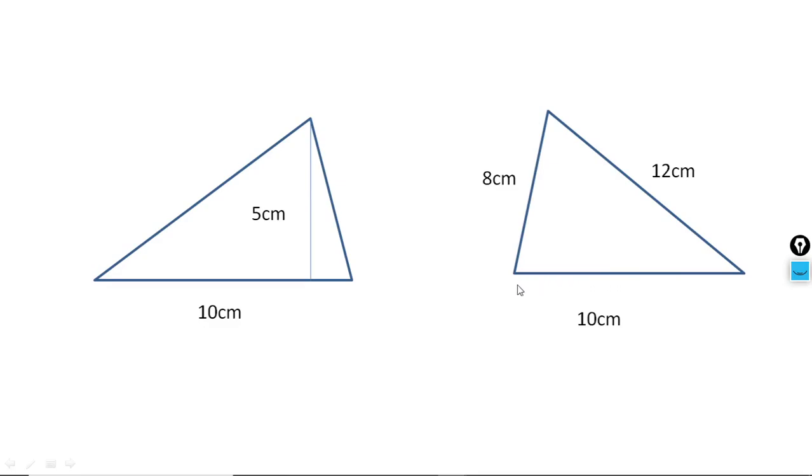Now students, I want to find out the area of a triangle. In the first case, the area of a triangle comes to be half base into height. You will find the area comes to be 25 square unit. Now if we want to find out the area of a triangle in the second case, it is difficult to find by using the formula half base into height because height is not known.